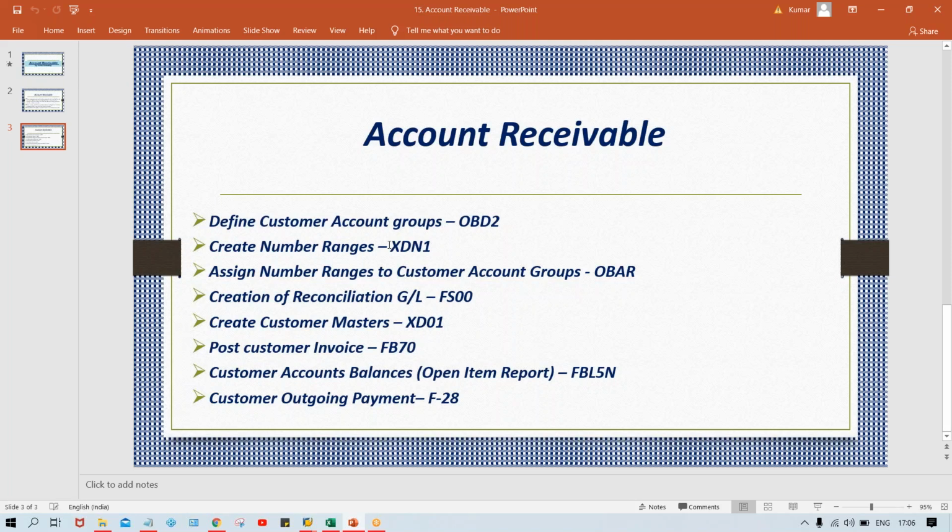Now, if somebody asks what do you mean by customer account group, vendor account group, or GL account group, then you have to speak specifically about the customer, vendor, or GL. But if somebody asks what do you mean by account group, this is a general question, right? 98% of the people will start speaking about GL account groups only. Guys, the interviewer is not asking about GL account group or customer account group or vendor account group. Simply he asked, what do you mean by account group, right? So it is a kind of diplomatic question.